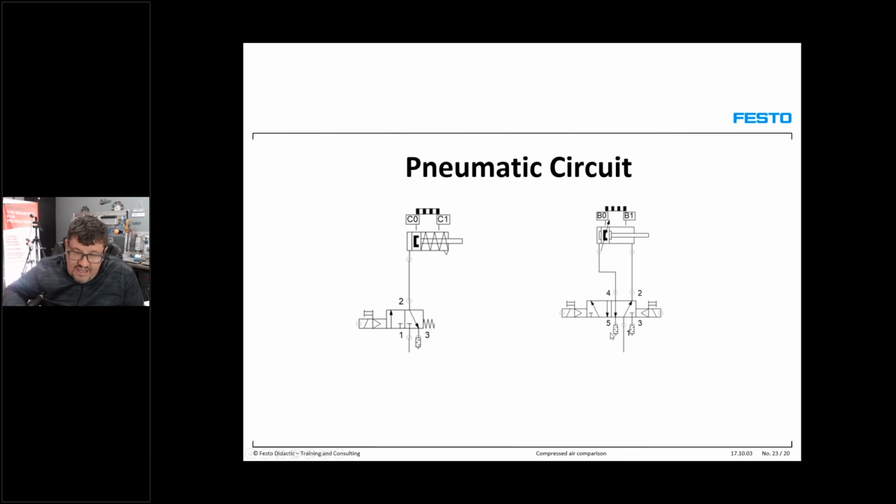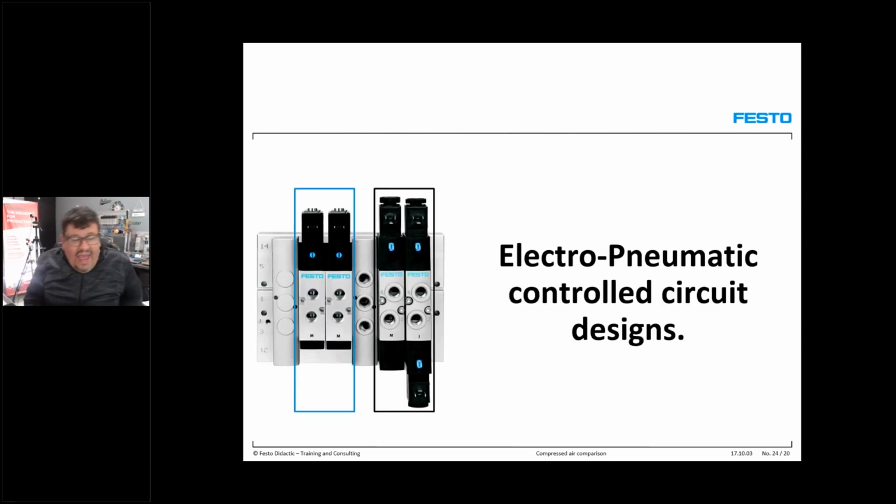That is what we refer to as MCV. That means my MCV will be on my right hand side, and my single solenoid valve for the 3/2-way on my left hand side. All right. Now, guys, when it comes to the actual